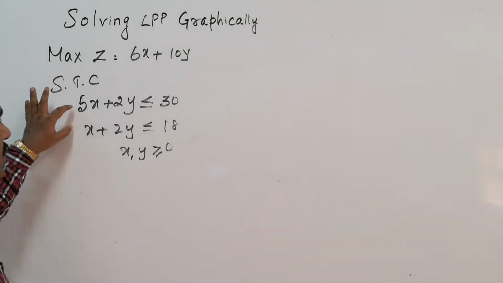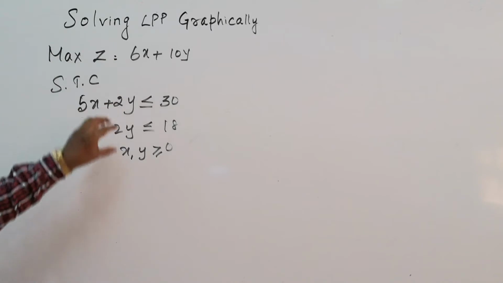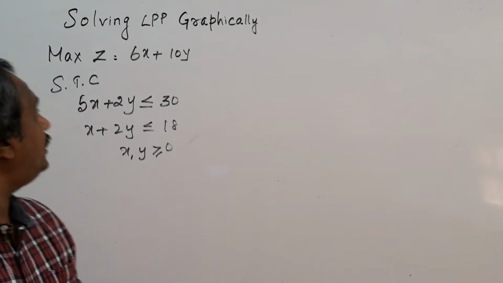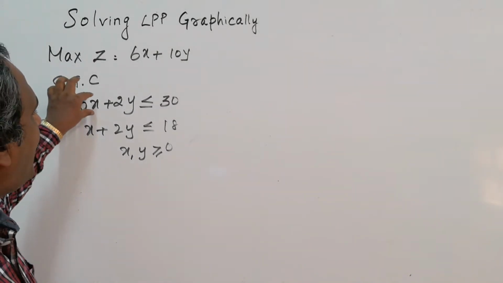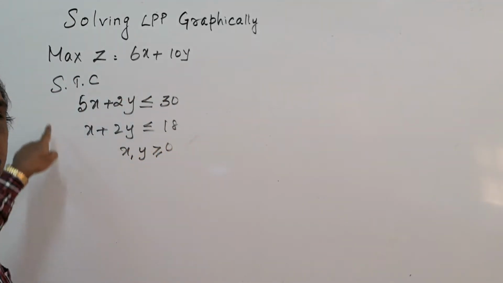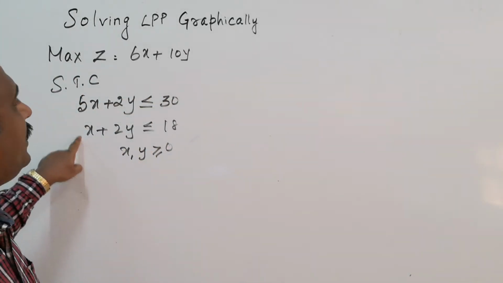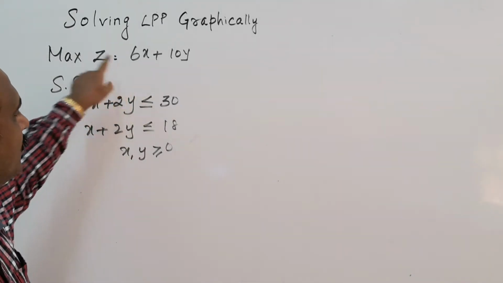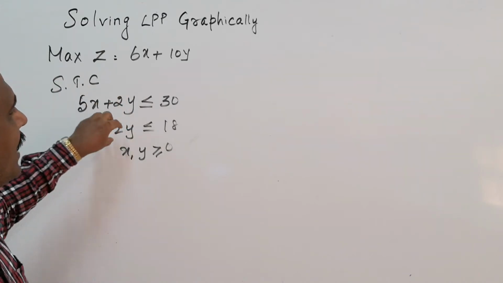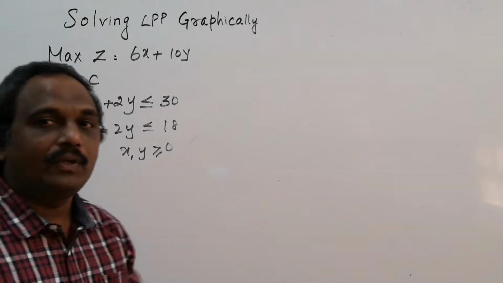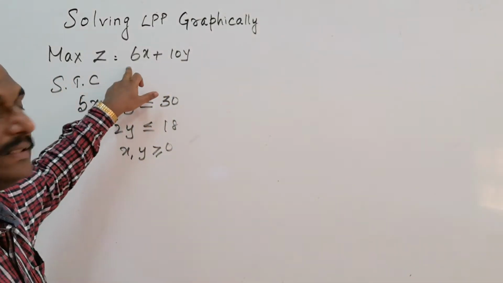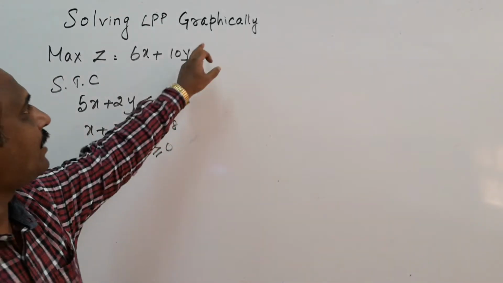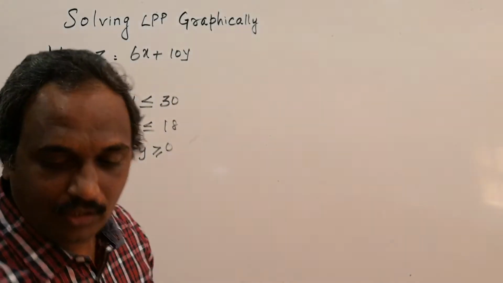Here we have two constraint equations. Here is the objective function, and here are the constraints. Now what are we going to do? We need to find the solution for x and y using these conditions that yields the maximum solution. I am going to find the values of x and y and check which value gives us the maximum result or maximum profit. To find this, we are going to use the graphical method. You know that very well.